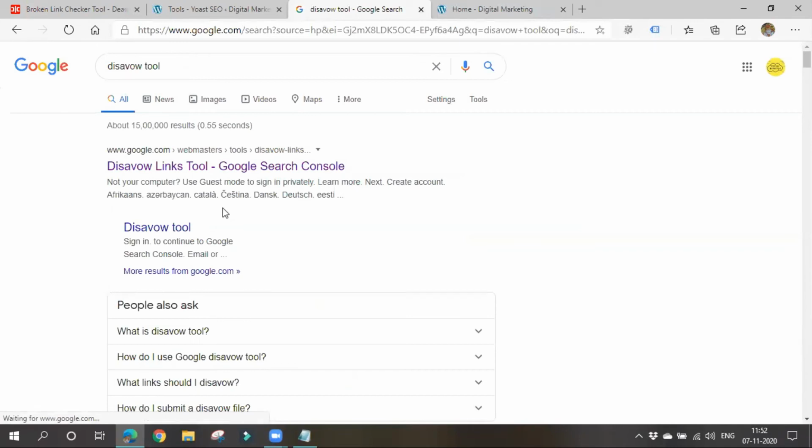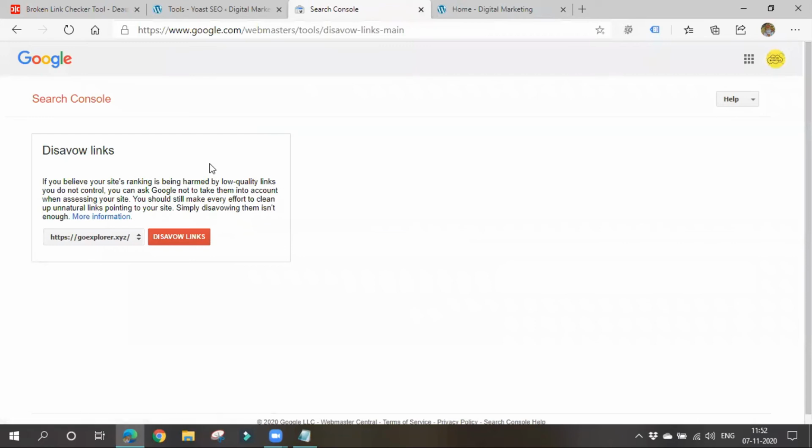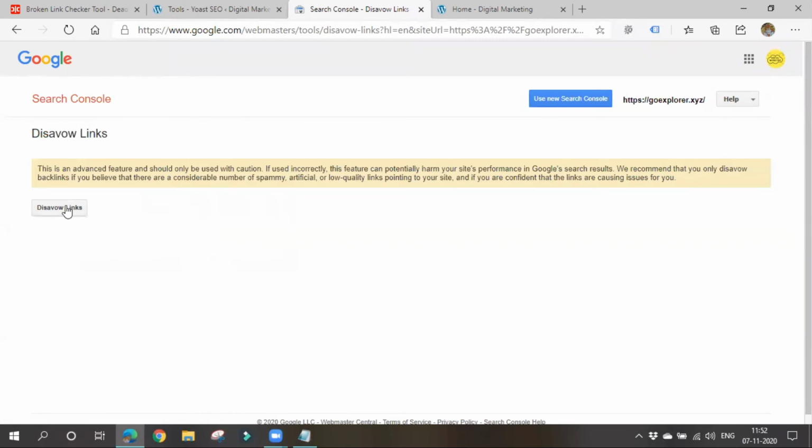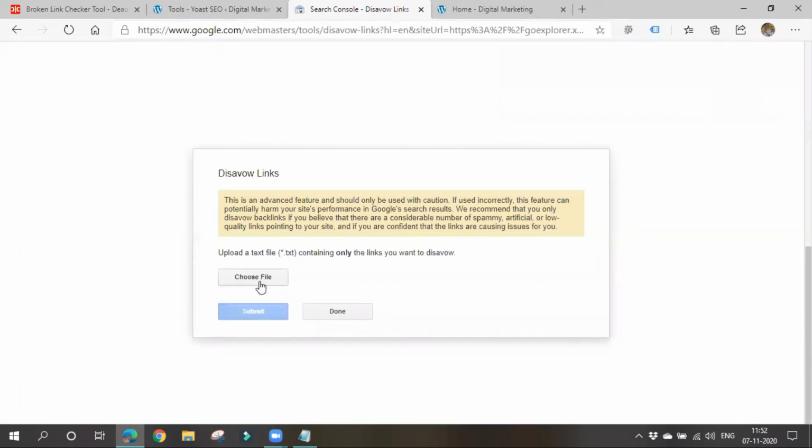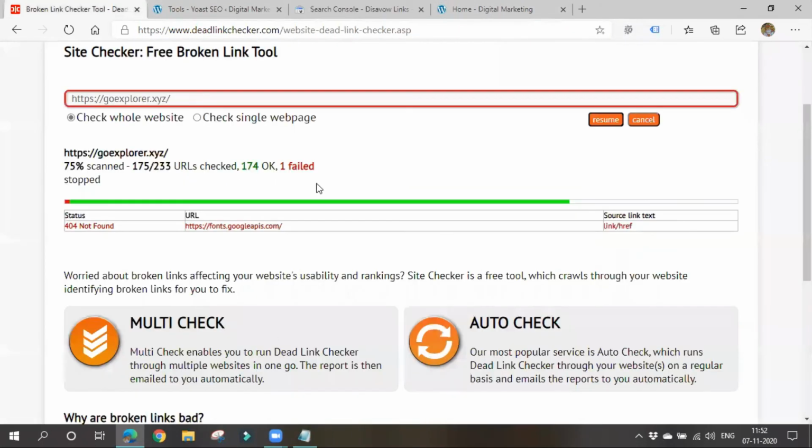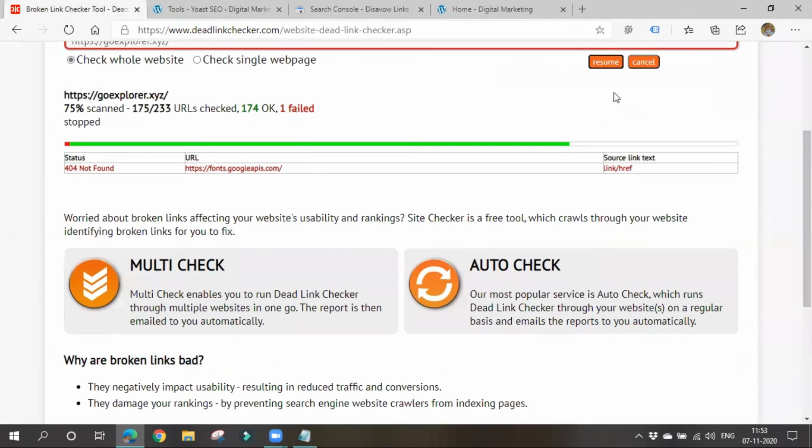This disavow tool helps you to remove any broken links or dead links present in your site. It will navigate you to webmasters, which is also known as Search Console. See, it is asking in which website you want to disavow the links. You have to click here. After that you will be navigated to Google Search Console. Now we have to give that text file here. We have to copy all these URLs, which we have just seen, or it will only give you a file.